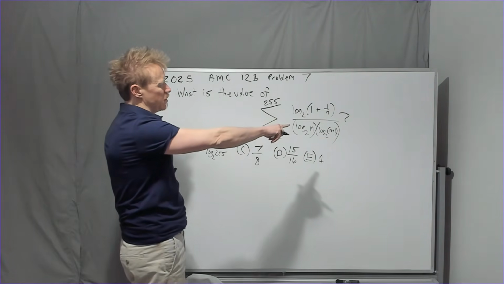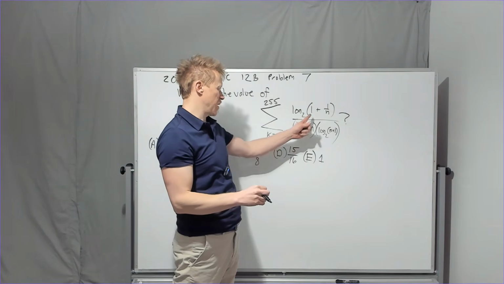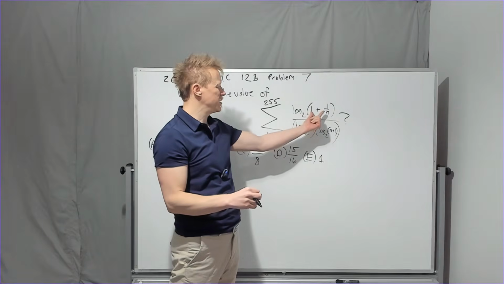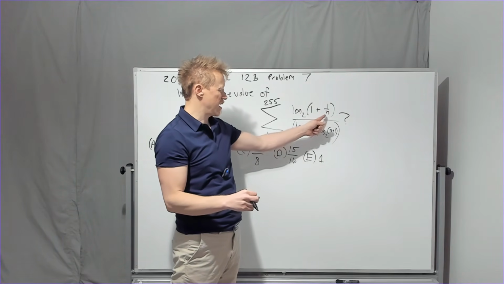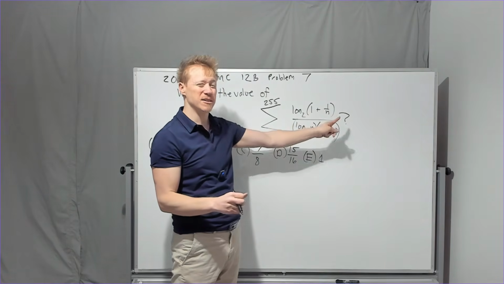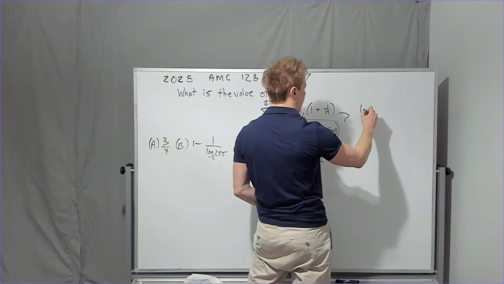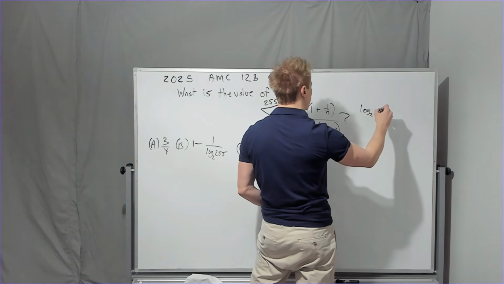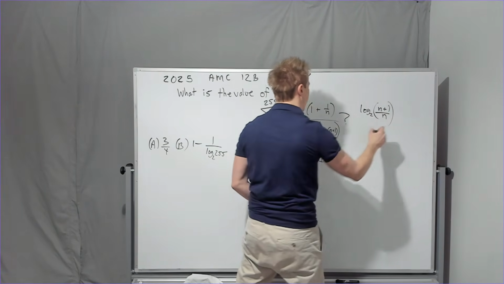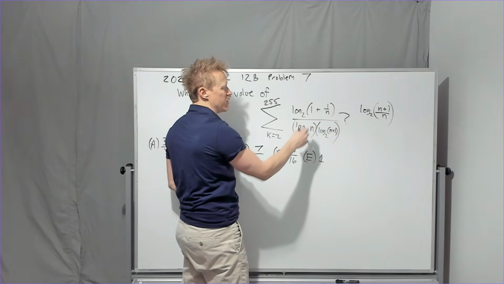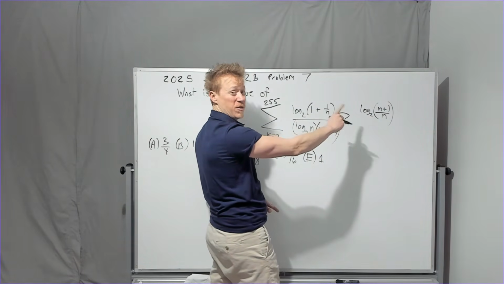What is the value of this? For starters, probably should do something with this. We can't really do something with the summation within a log, but because of this n, we could maybe make it into a combined fraction. So that's what I did. First, I made it log base 2 of (n plus 1) over n. Basically, you make this n over n and you add, and now that is a quotient within a log,